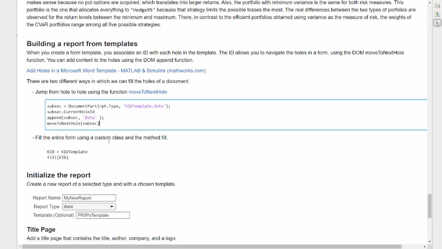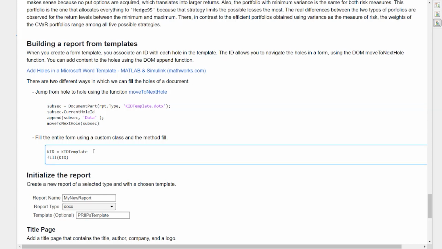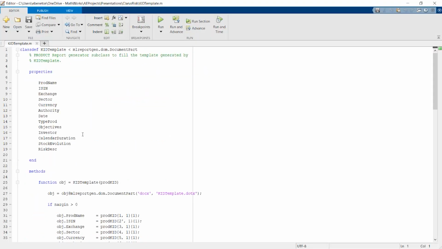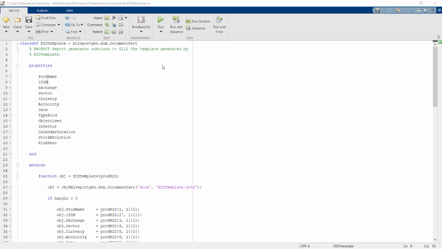The alternative, which is oftentimes more effective on a production environment, is to build a custom MATLAB class. And this MATLAB class has two requirements. The first one, it needs to inherit from a document part object, as this one. And the second requirement is that for each of the blanks that we had on the template, we need to specify a fill method that contains the instructions on how to actually use the MATLAB information in order to fill